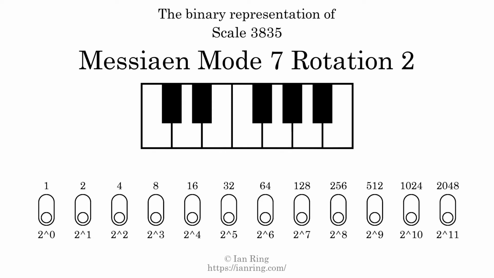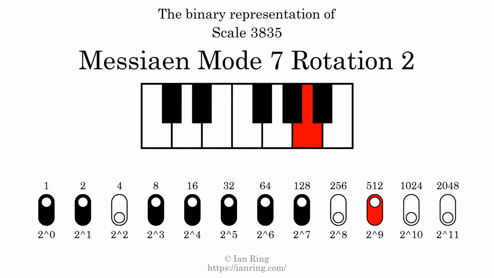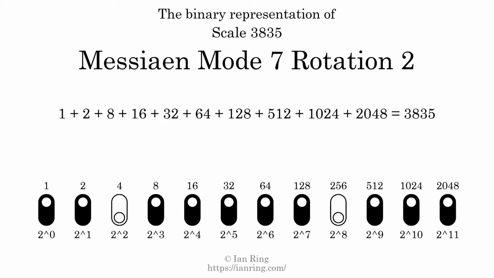The binary representation of this scale is determined by mapping tones of the scale to binary digits. Each binary digit represents a power of 2. To get the scale number, we add the powers of 2 together. The powers of 2 that are present in the scale, all added together, equals 3835. That is why the scale number, in decimal, is